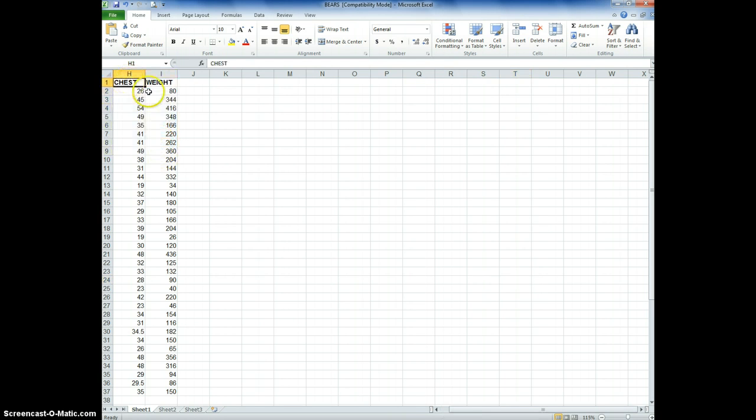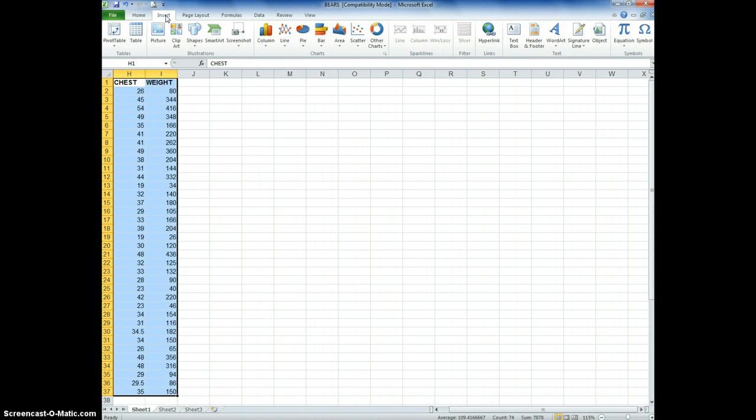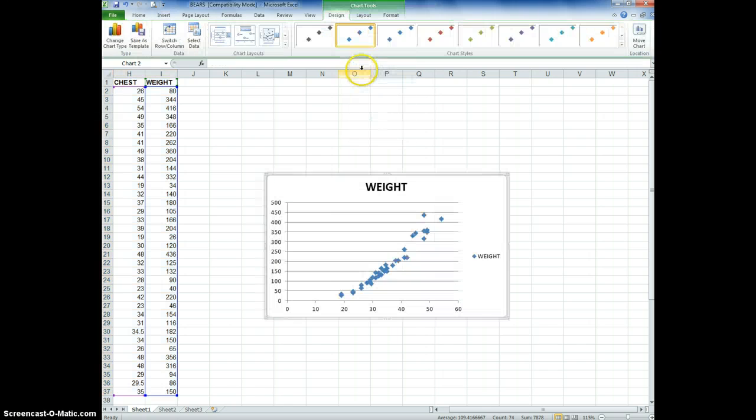I can even, I think, select this top part, all of it, and then I want to create a scatter diagram. So let's go to the Insert tab and hit scatter diagram. So that's a normal scatter diagram. It's even got weight listed here. And so it's got all the scatter diagram, but what it doesn't have and what I really want is